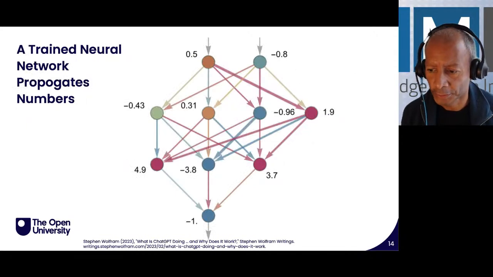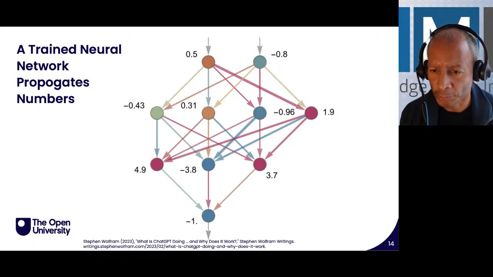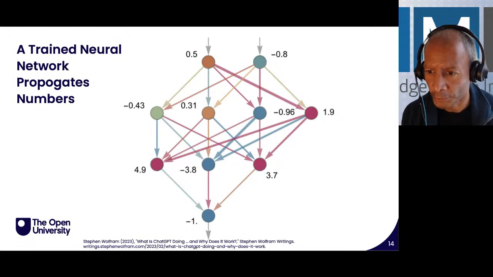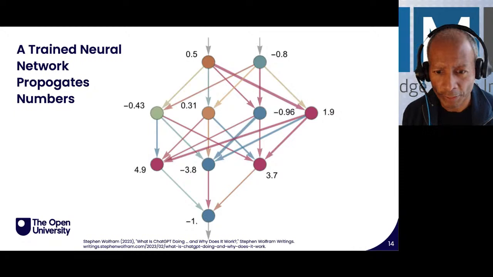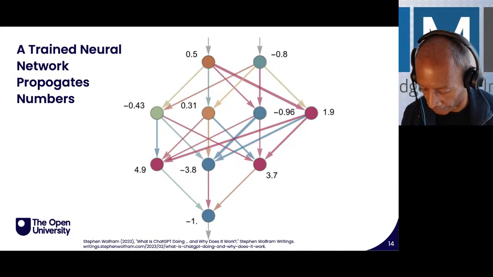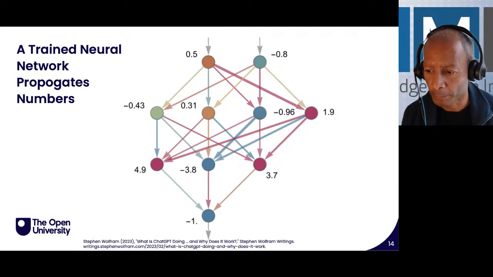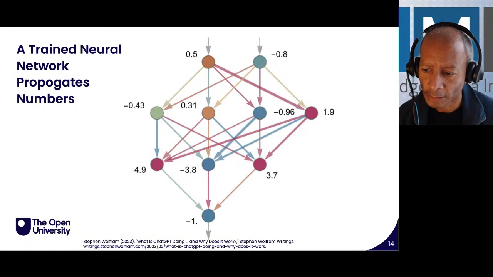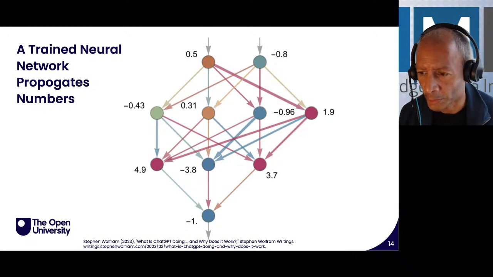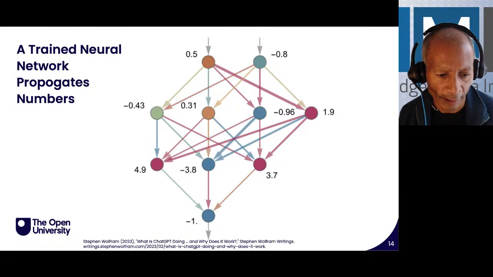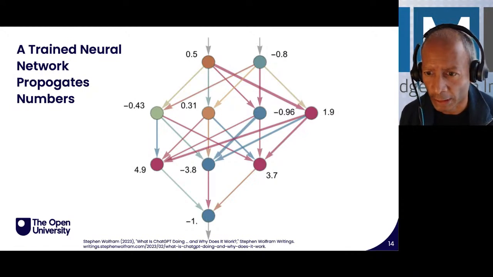So once it's trained, as I said earlier, inputs come in as numbers. They're propagated through the network according to the functions of each node and also the strength of the connections, and then an output is given. And the output has been trained to be the output we desire given a set input. So when you type a prompt in English to either a language generator like ChatGPT or an image generator like DALL-E 2 or Stable Diffusion or Midjourney, it's all numbers going in and numbers going out.